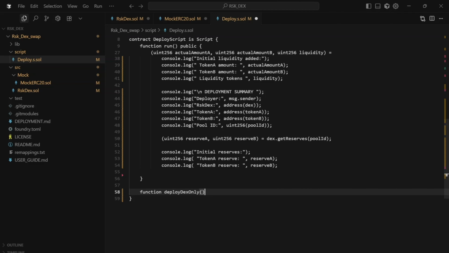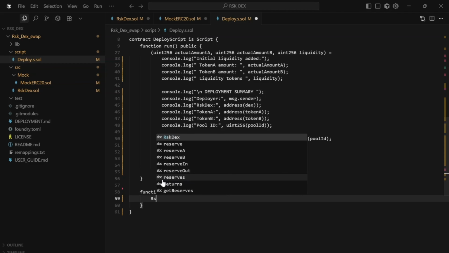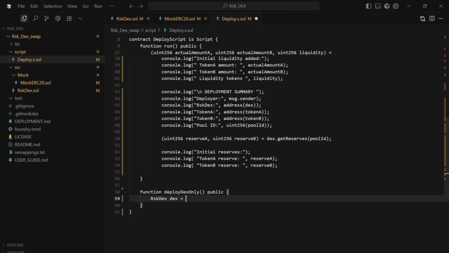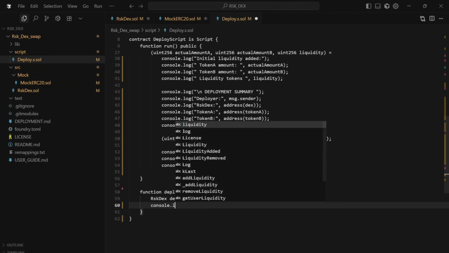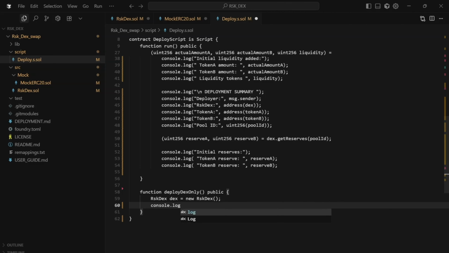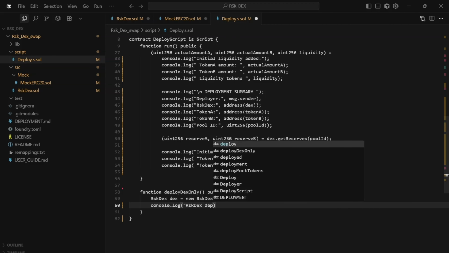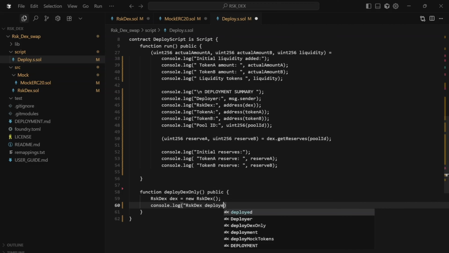I will give it publicly, so public RSKDex that is equal to new RSKDex, and then console.log, and here we'll now be displaying the new address where the RSKDex is deployed. So RSKDex deployed at address of DEX,